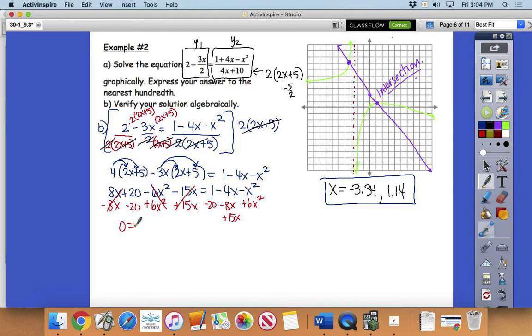Then I'm going to combine the x squared values first, because I like standard order. 6x squared take away x squared will be 5x squared. Then negative 4 minus 8 plus 15, put that in my calculator, is equal to